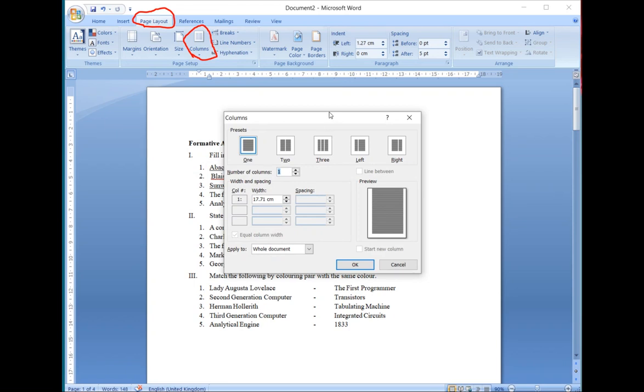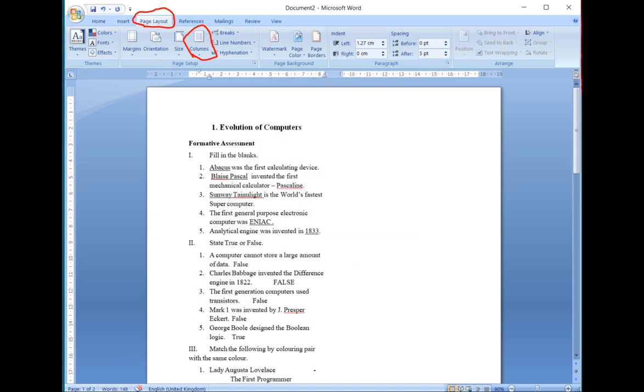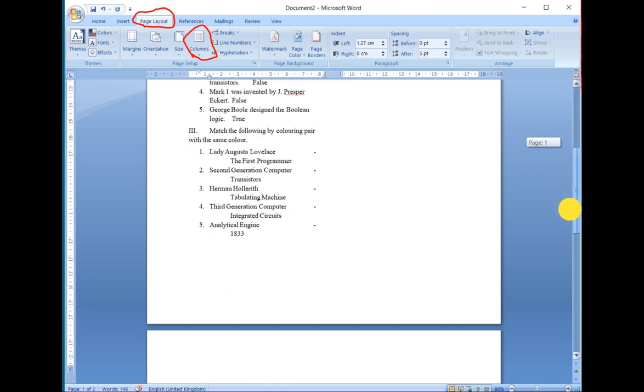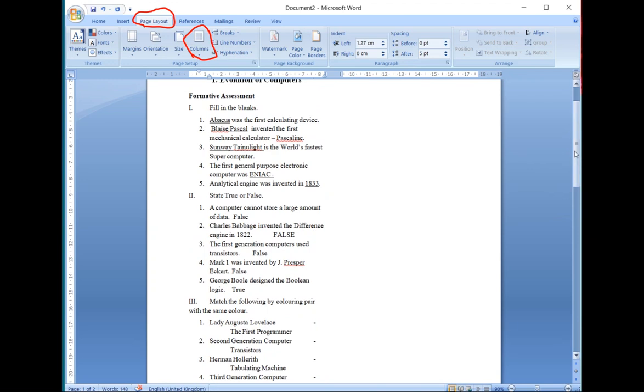Once I click on the column option, a pop-up menu appears on our screen containing one or two columns. So let us take two columns. Let us set some spacing and width. I'll reduce the width and I'll reduce the spacing of it. So let us say OK. Can you see here I have added one column. So for the second column, how does it look? I'll show you how it looks.